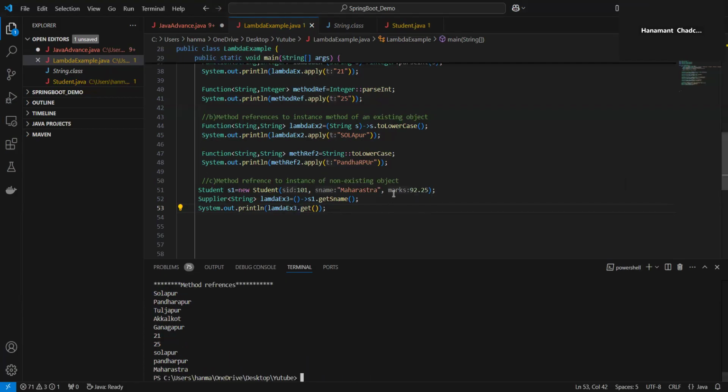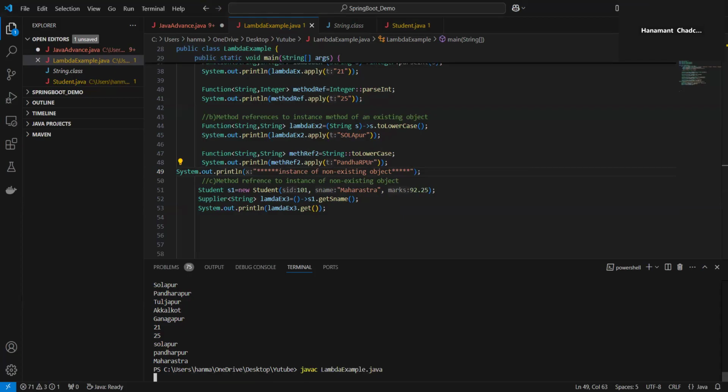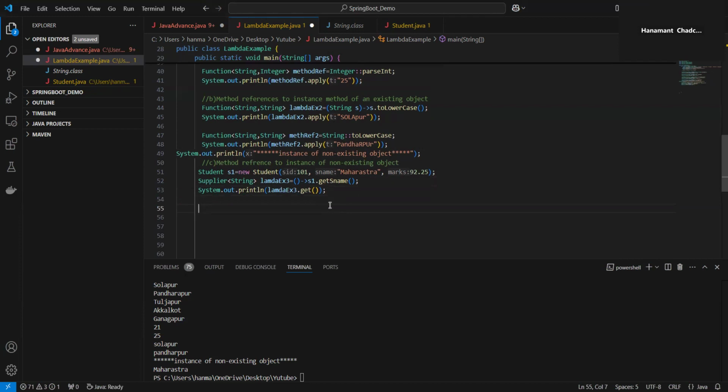See, Maharashtra. Here I will provide a south. The south instance of non-existing object. Like this I will do, save it. So instance of non-existing object Maharashtra. So now this is we done with the lambda expression. So if I want to do with the